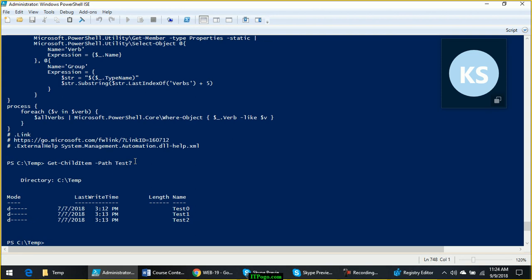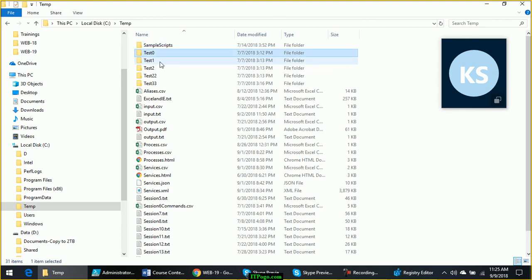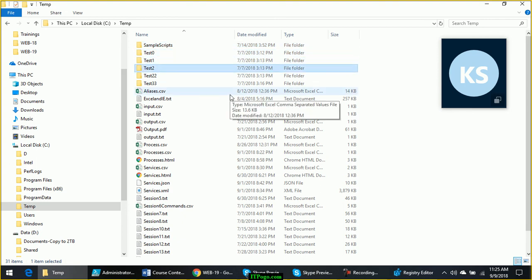But instead of test question mark, if I use test star, it will show me all the files and folders which begin with test and end with anything. Earlier, that question mark was replaceable with 0, 1 and 2. Those were the folders 0, 1 and 2 which were qualifying for the results.